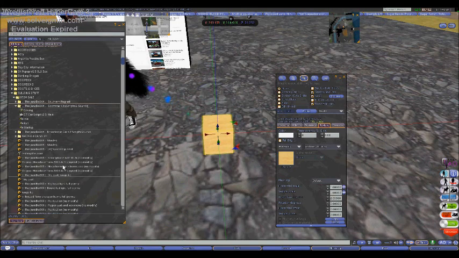Now if you're pulling cars out of your inventory, they might be facing west or another direction, just because the people that made those probably jumped in for a test drive and drove around, and then they just took it in inventory as the car was sitting on the ground. But if you're dropping a fresh script into a new prim that you created, you're going to be facing the east,